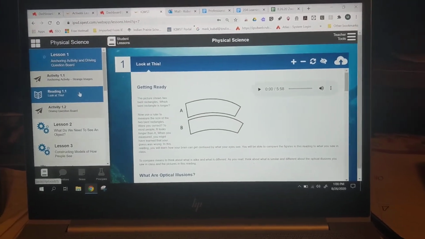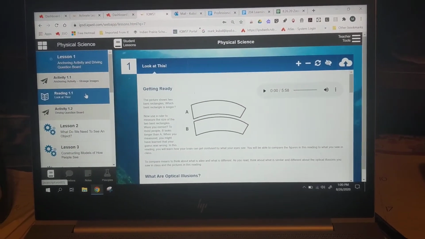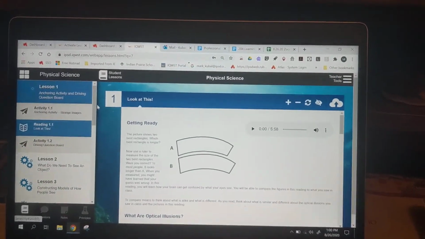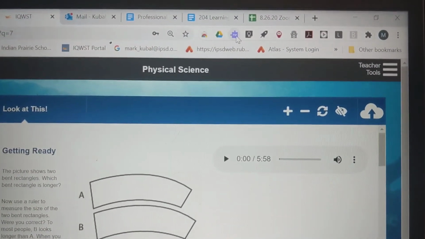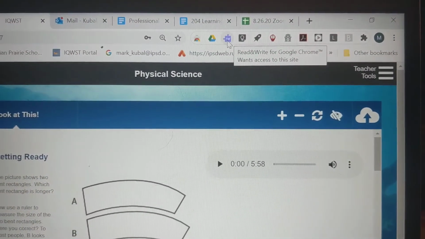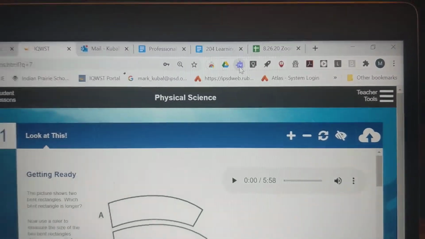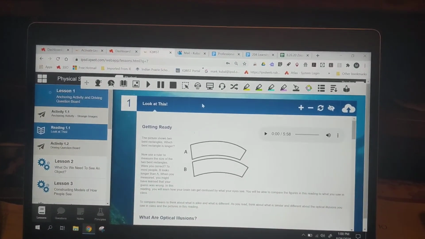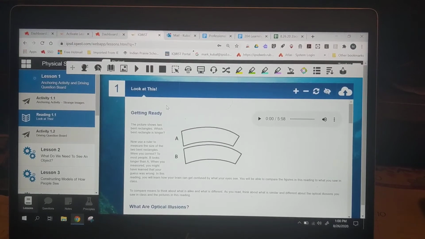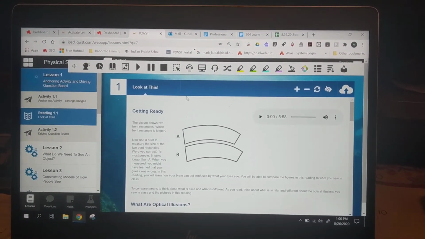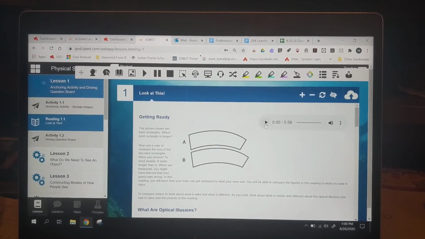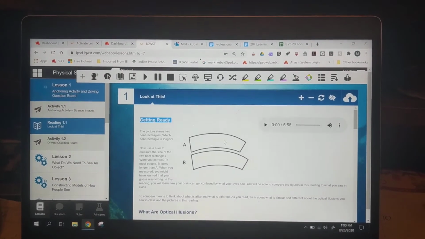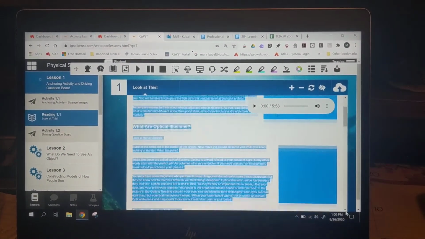Now here's a suggestion that I'm going to ask you folks to follow. There's an app called Google Read and Write. Okay? And on the toolbar, up here at the top, it's purple. It says RW. Now what this does is when you left click on it, you're going to see a toolbar pop up. What's nice about this option is if you want the book to read back to you, you can press the start button. But what I like about Google Read and Write is if I left click here and highlight this entire section all the way to the end,